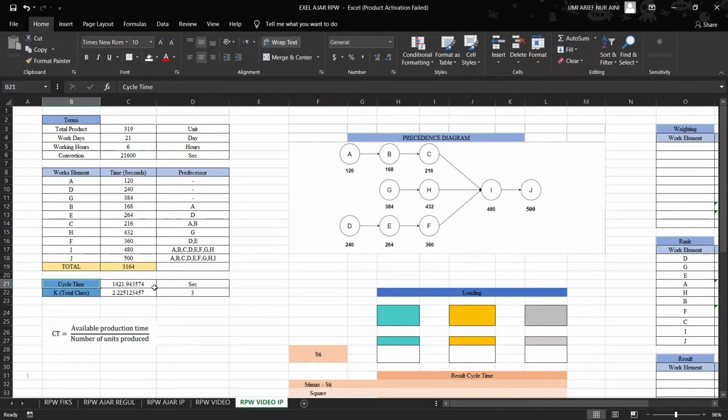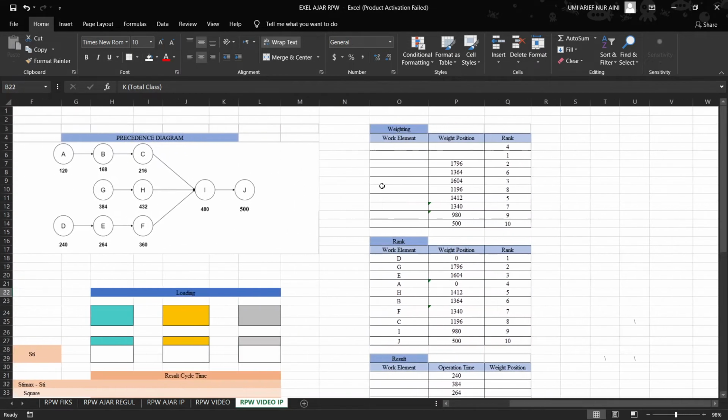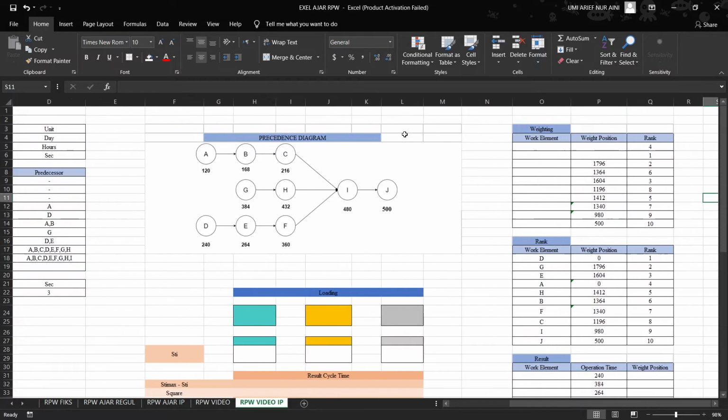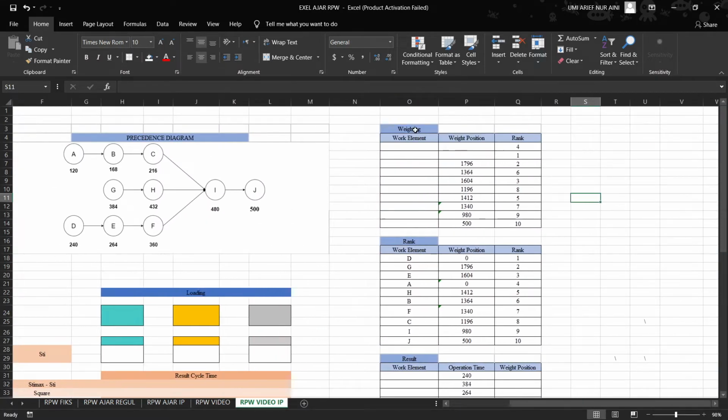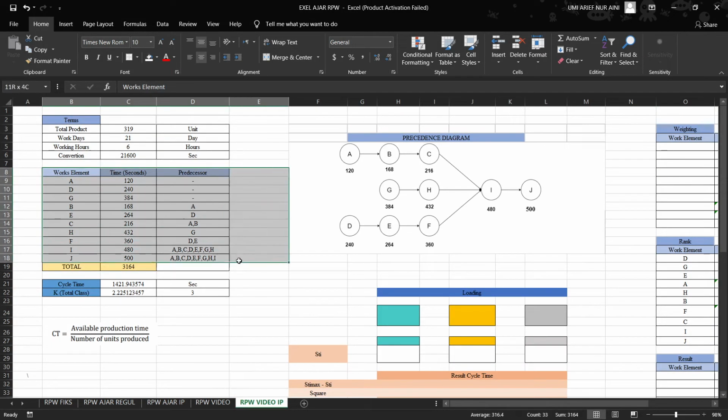After that, if we know the result of the cycle time and total class, we must move on to the calculation of the weighting table. The weighting is the main part of the RPW calculation. So for the work element column, you can include the work element table.